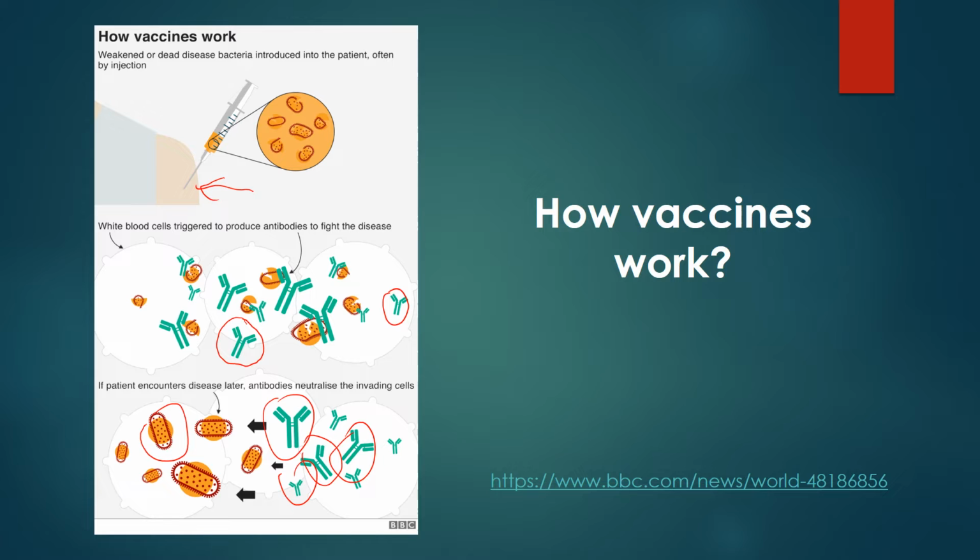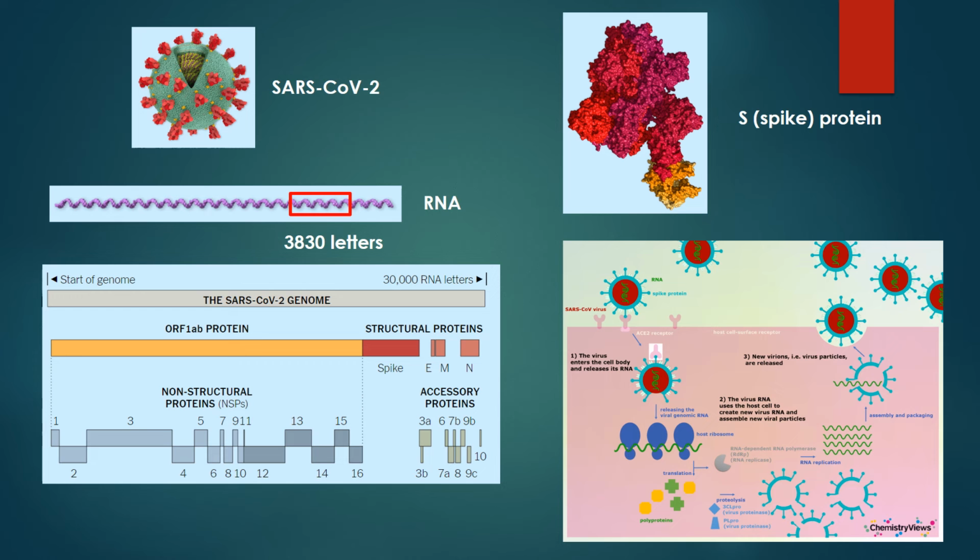Since 1796, when a British doctor, Edward Jenner, noticed how milkmaids caught mild cowpox but rarely went on to contract the deadly smallpox, until now, all the vaccines were made the same way, by introducing antigens into the human body. Before I explain how the new vaccine will be made, let me talk for a while about